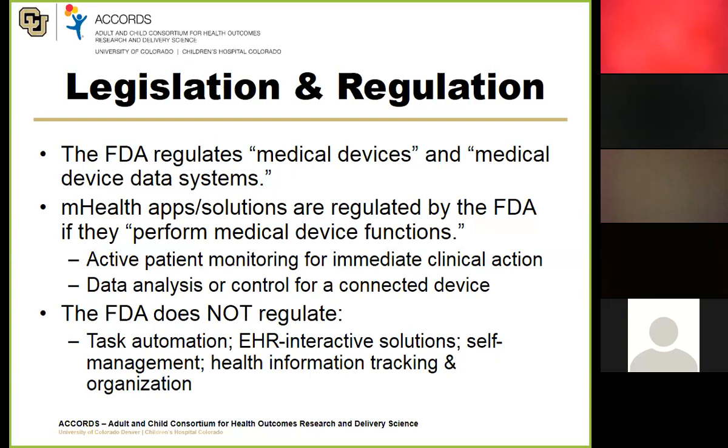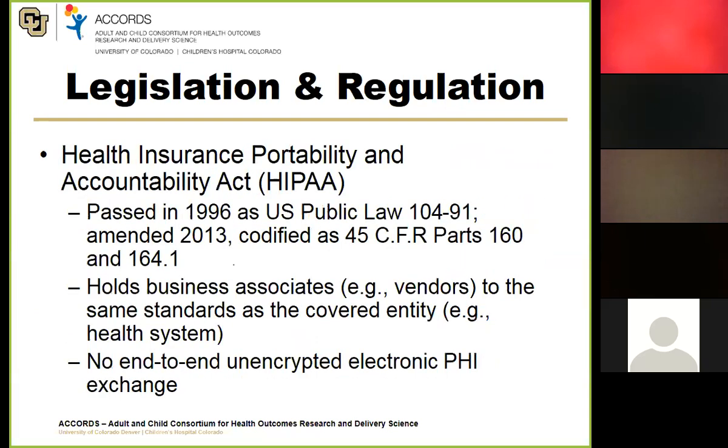Turns out that there are some things that you can't do. The FDA regulates some of it, and it specifically does not regulate some of it. For example, it does not regulate anything that interacts with the EHR or involves health information tracking. HIPAA regulates more. And one of the things that relates to the project that I was just mentioning is that HIPAA requires, if you have an automated system doing your information exchange, the information must be encrypted from end to